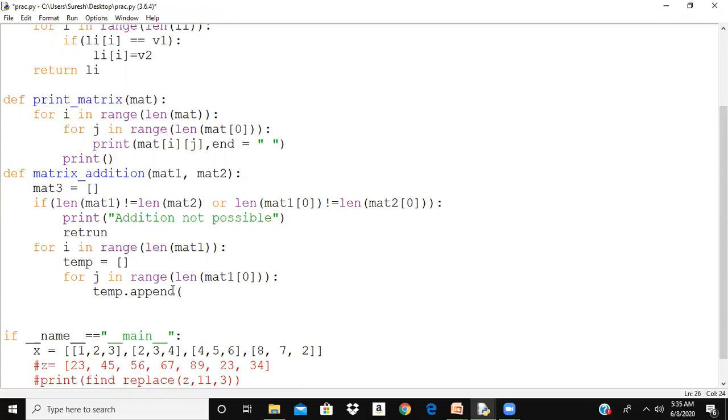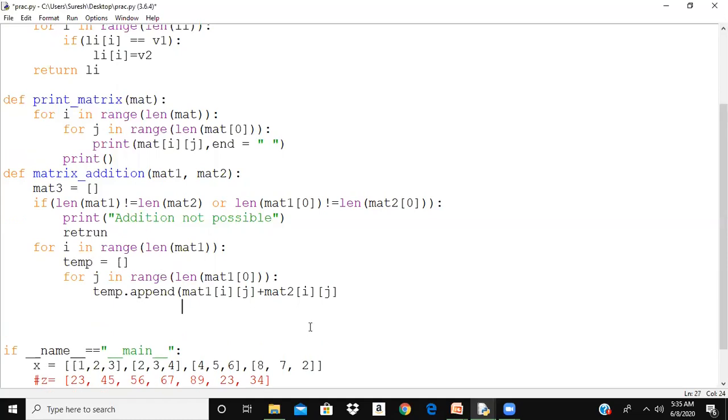Let me add the first elements, that is mat1 of i j plus mat2 of i j. So these two elements will be added and appended to temp, so temp will get one element. Then again the j value will change, and temp will get the second element, j value will change, temp will get the third element, there will be one row.